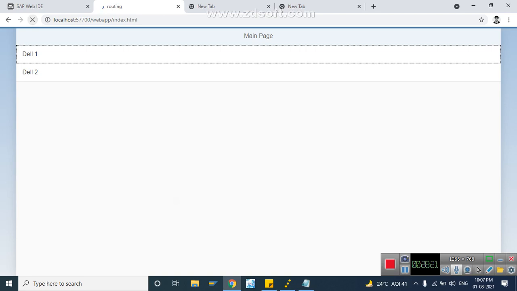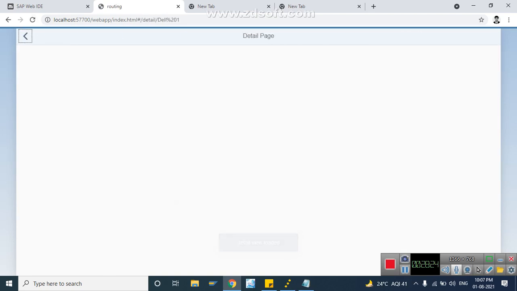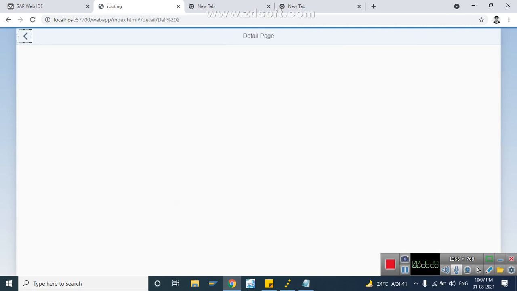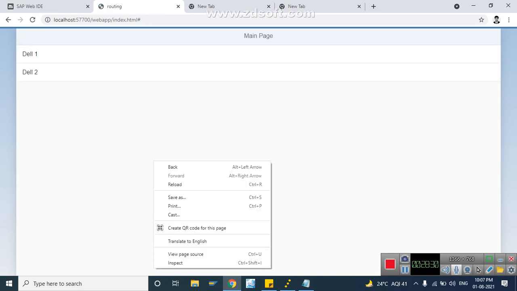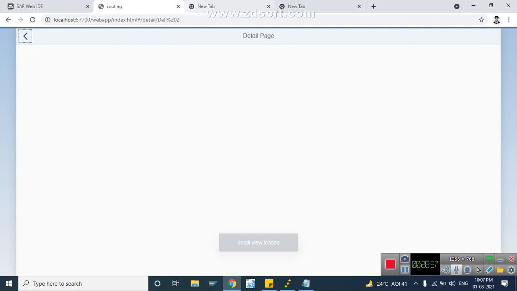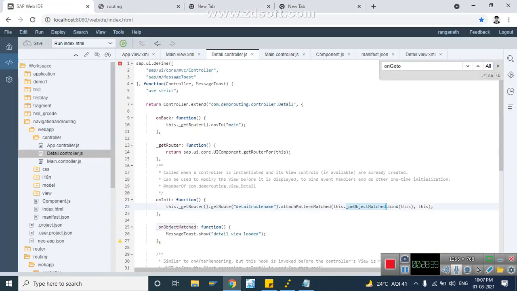Refresh. See, you see the message, detail view loaded. So the values passed in the URL can be captured in the onObjectMatched method. The method will give O event.